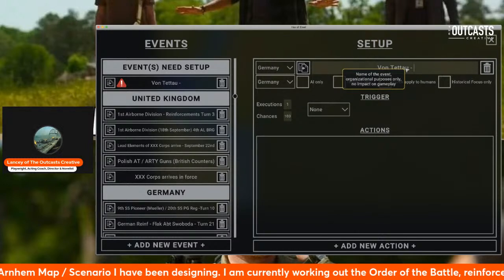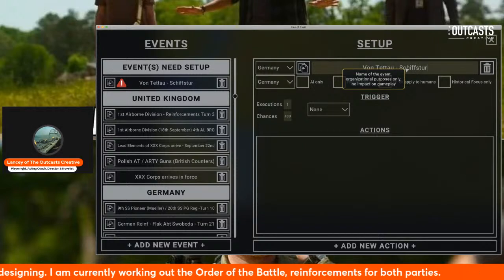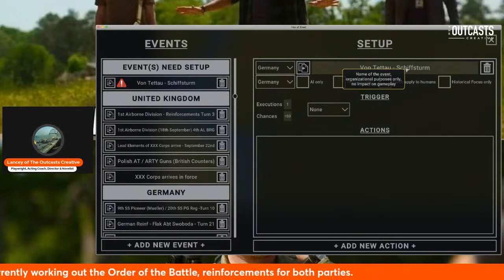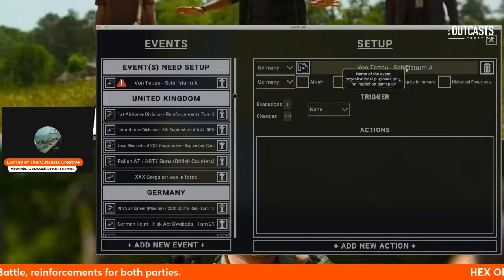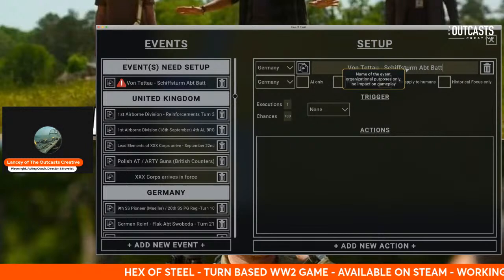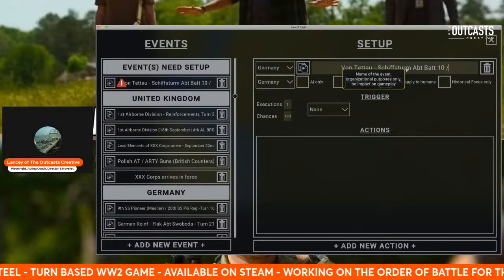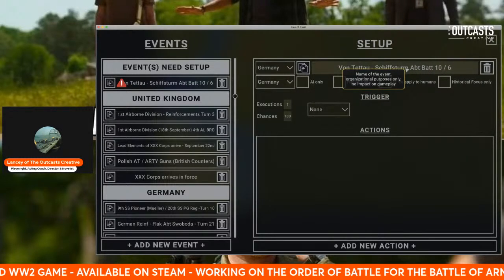So this is Schiffsturm. This is going to be another 4 units. I've got to make them pretty crap though. A, B, T, and then I make this. These are like naval guys, so battalion 10, and then the other one is 6,